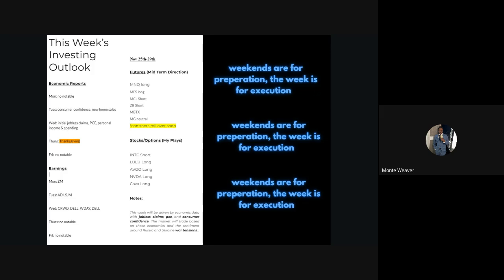So again, going back to what I showed y'all last presentation, you need to pay attention in that specific order that I gave you because that is literally what is determining the movement of the market. If we have a war with Russia and Ukraine, the market is probably going to fall like 20 to 25%. That's when you use that 200-day and 400-day moving average, buy and hold, right? You already, before it happens, have to know. If Russia sends missiles to the US tomorrow, a lot of people are going to be unprepared because they're going to look at their account and say, oh, why is everything down? Why is everything crashing, right?